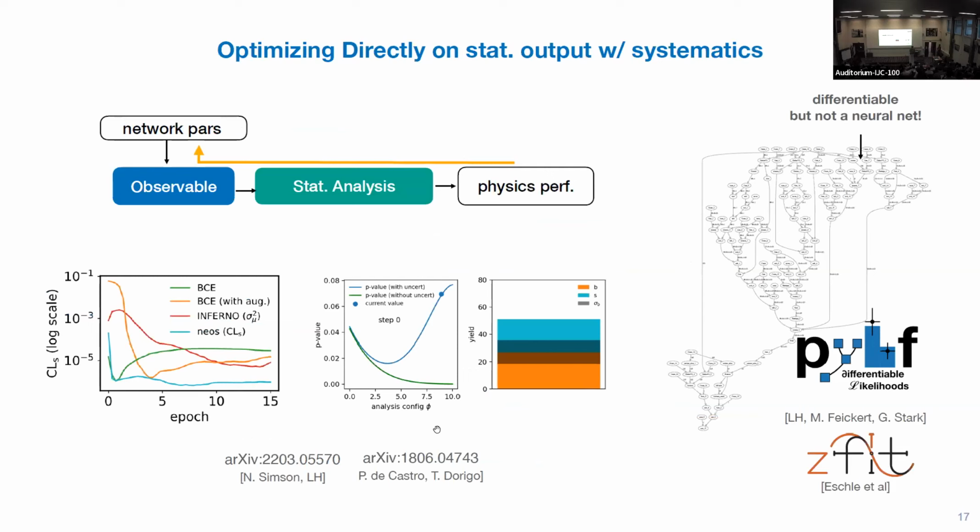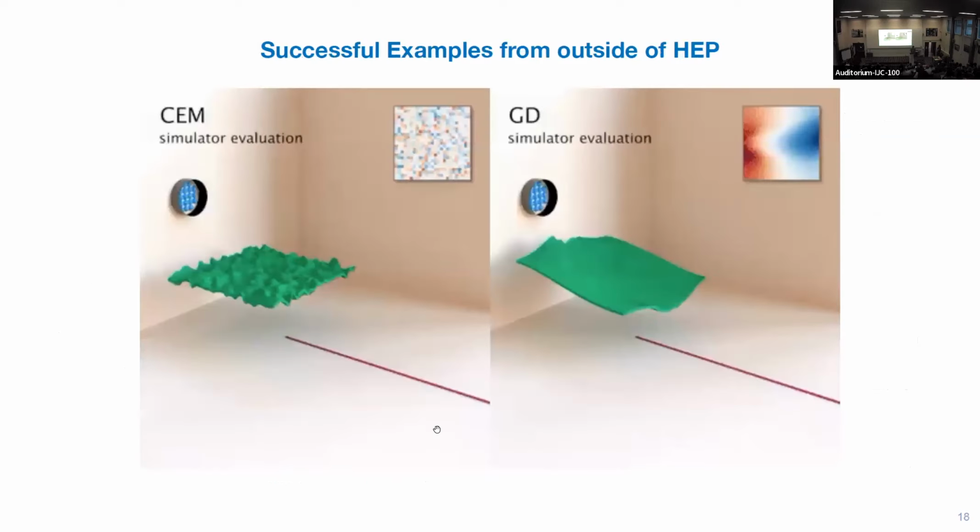So here, this is NEOS. Here we see that this can definitely find other solutions than what you would find with standard machine learning techniques, and it can incorporate systematic uncertainties. But I did want to show this. Unfortunately, this doesn't show on the PDF, so there's an animation related to this. But the idea is here.